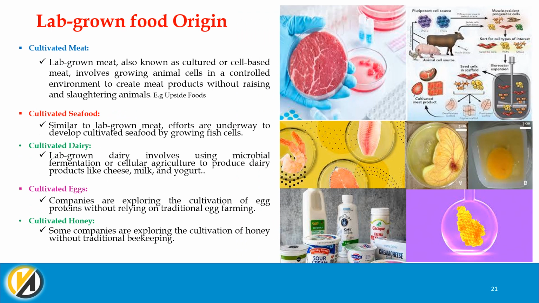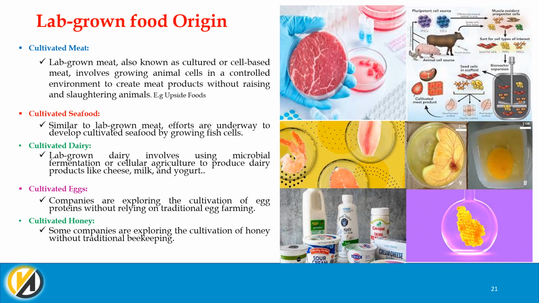The last form of source of food origin is lab-grown foods, which is a very new technology to the world. And this includes cultivated meat, which is lab-grown meat, also known as cultured or cell-based meat, and involves growing animal cells in a controlled environment to create meat products without raising and slaughtering animals, by taking only the cells of the animal and growing them in